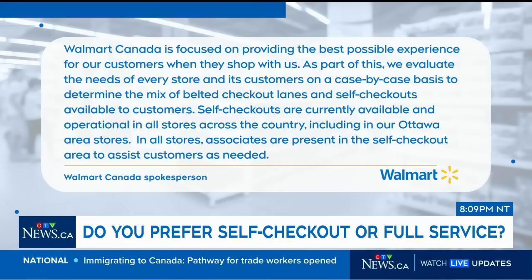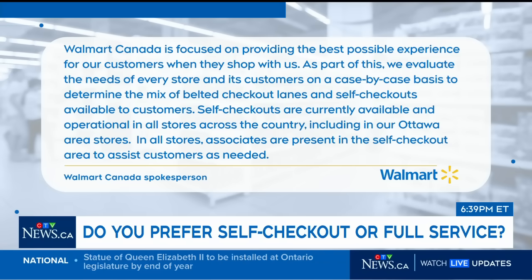Yeah, and it's interesting because before we take this debate a little wider out, let's take a look at this statement from Walmart. Now, specifically after our CTV News Ottawa colleague went into that specific Walmart, saw that sign that we showed in that story that said that they would be doing this sort of experiment, and said specifically,